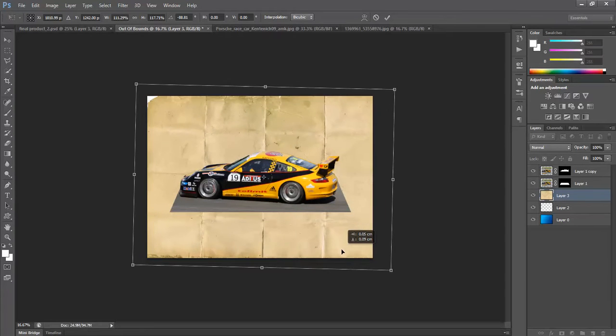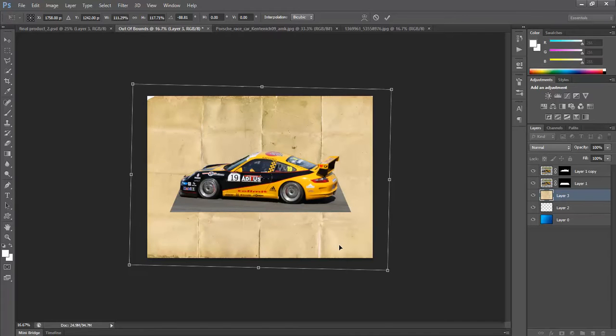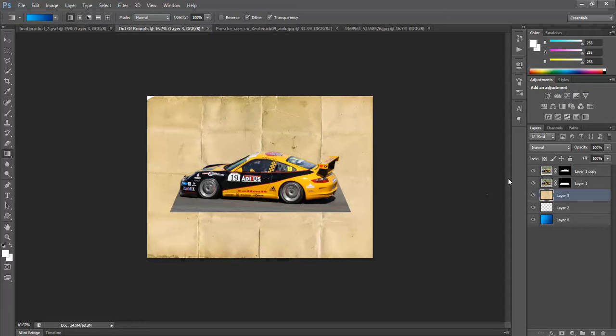although interpolation and resizing images is not great. We can get away with about 25%. When we're happy with the position of it, hit Enter. Remember that we don't resize things too big. So hit Enter. And instead of having it normal here in the layers palette, I'm going to go to multiply,